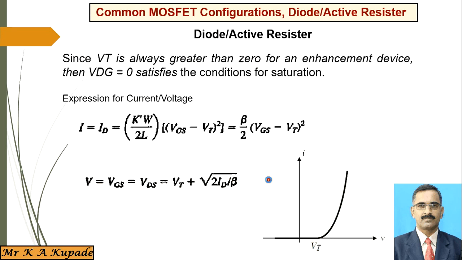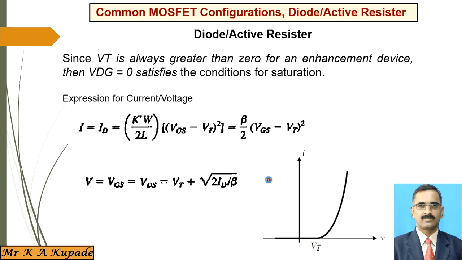See, W and L give the width and length of that particular channel, right? And this is gate to source voltage minus the threshold voltage. Entirely it provides how exactly the current is considered in the drain terminal. That is what is explained here. Now, this is related to the current I.